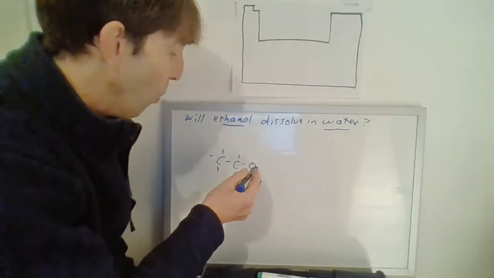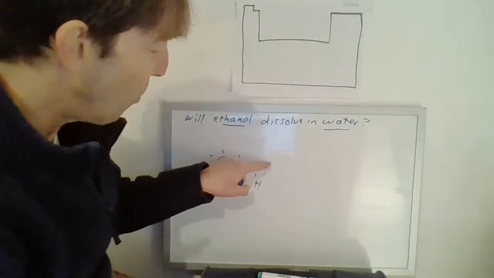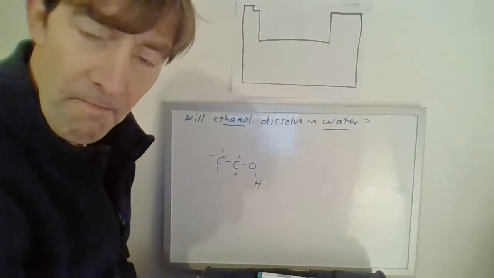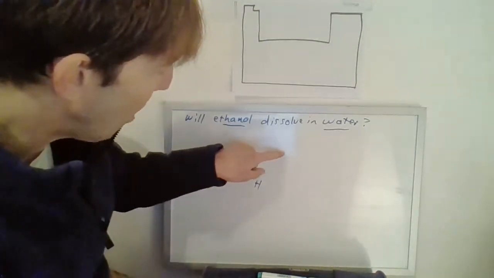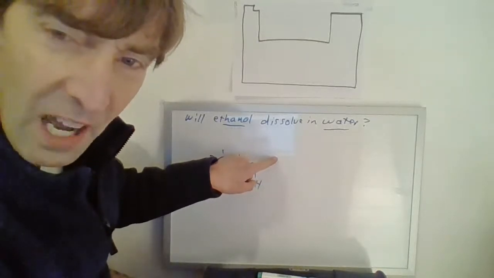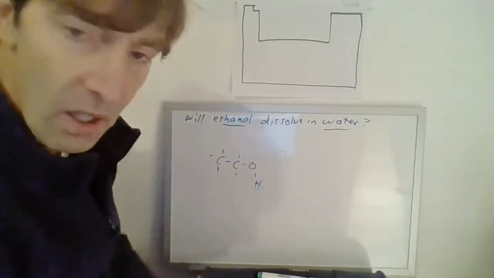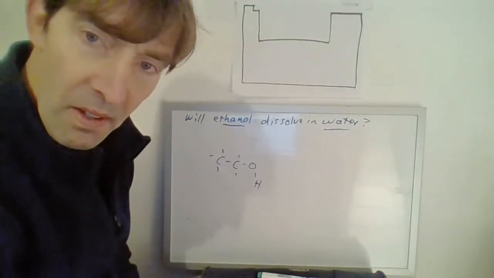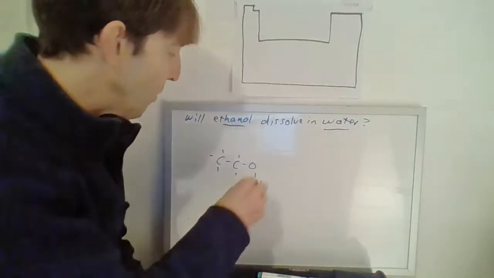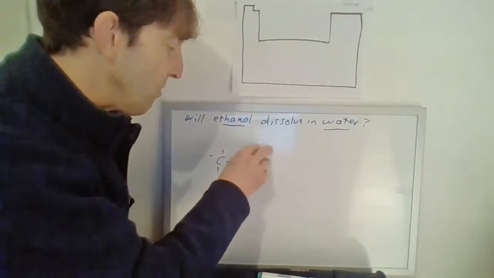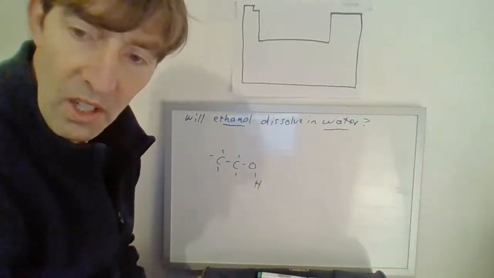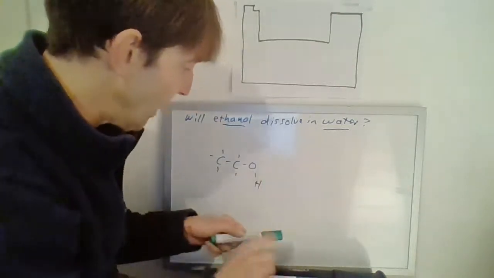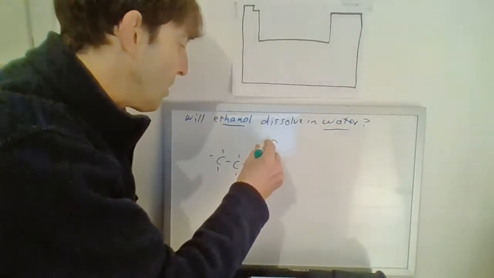Well, let's see. If I draw a water molecule here, what part will be facing the O to hydrogen bond? Let's do that again. I'm going to draw water here. What part of the water should face the O when I draw it here? Think of like little magnets. Good. So they say the hydrogen. Let's draw it together. So here we go.